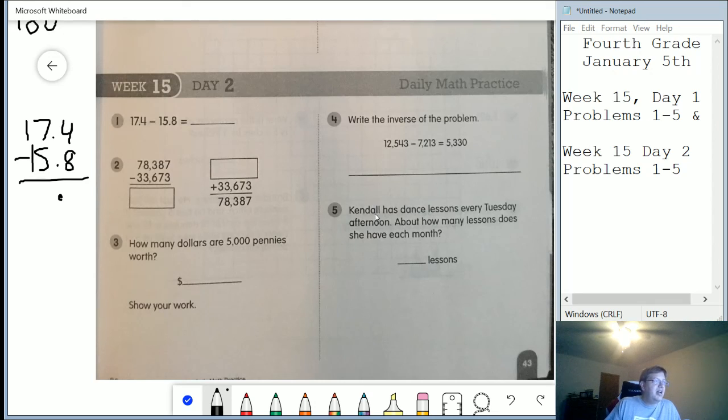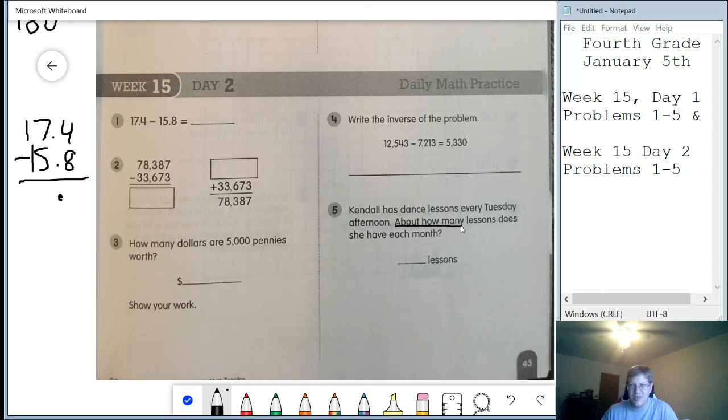Number 5, Kendall has dance lessons every Tuesday afternoon. About how many lessons does she have each month? So think about how many weeks there are in a month, and then that can give you your estimate. Anytime that we see the words about how many, we are always wanting to give an estimate. So there might be some months that it would be one number. There might be some months that it would be another, because for instance, we have 28 days in February. So if we started the month on a certain day, then we should have a certain number of weeks every